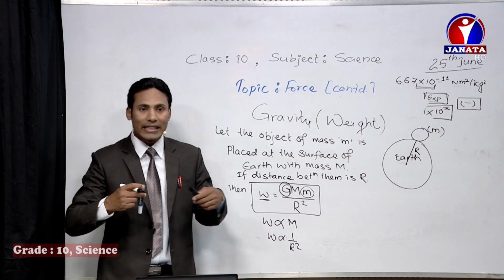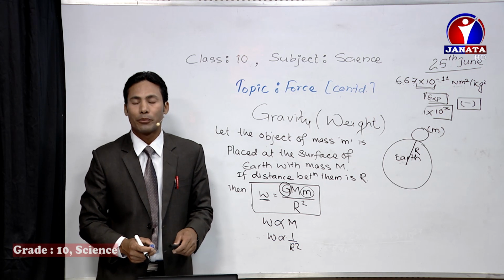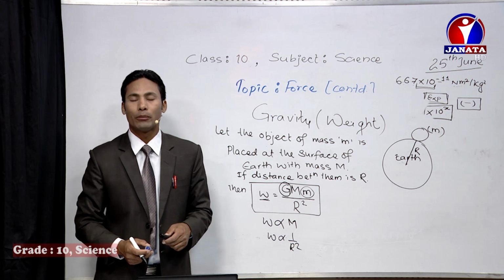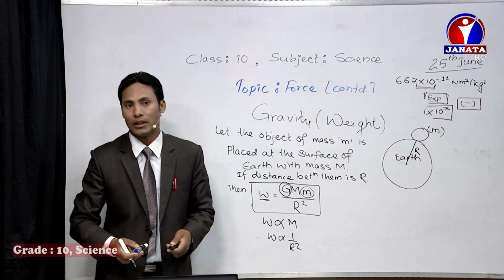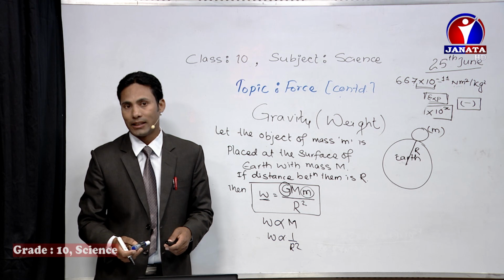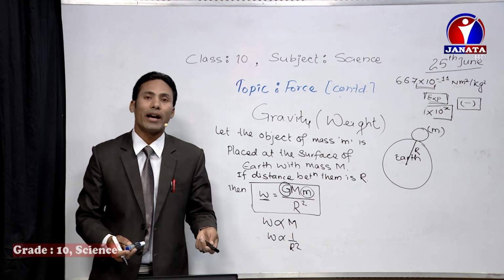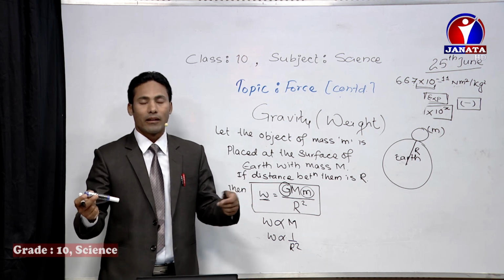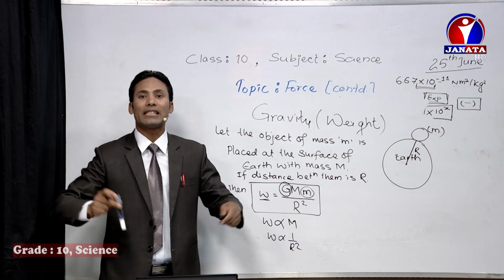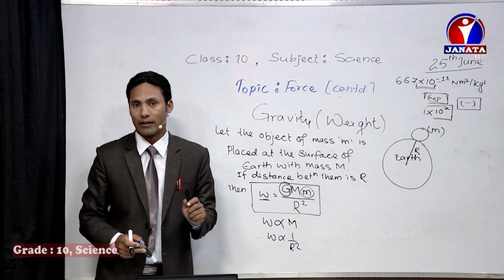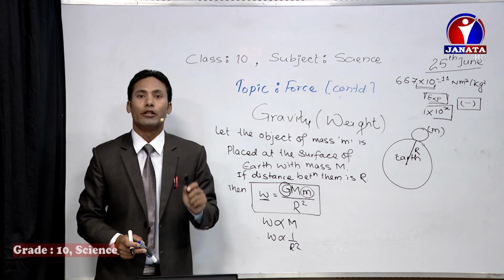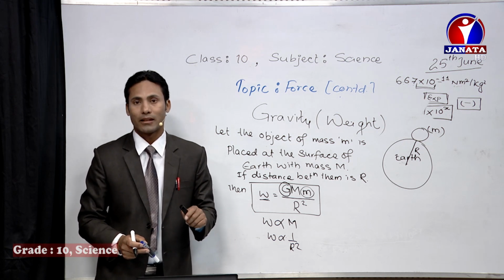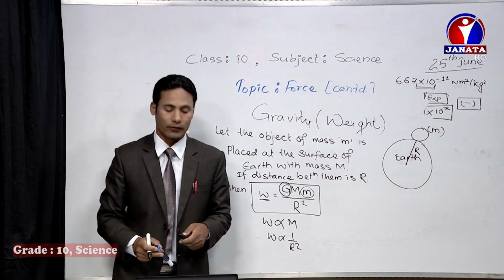For example, we can easily walk on the road due to the presence of gravity. Sometimes you might have seen videos on the moon. People find it difficult to walk on the moon because of the lesser gravity, isn't it? But here we can easily walk. That is due to the presence of gravity, right? And the earth is completely surrounded by the atmosphere. That presence of the atmosphere is also due to the gravity of the earth. That is an advantage or effect of gravity.